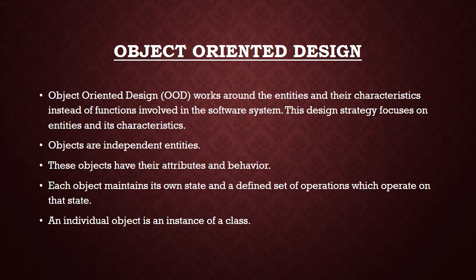And every object, or you can say every entity, possesses some properties or some behavior, which are known as the attributes. For example, you can take a library management system. In this library management system, every library representative is considered a separate object, and each of them has their data and functions to operate on this defined data. So in object oriented design, we are focusing on the objects or the entities that exist in the real world.